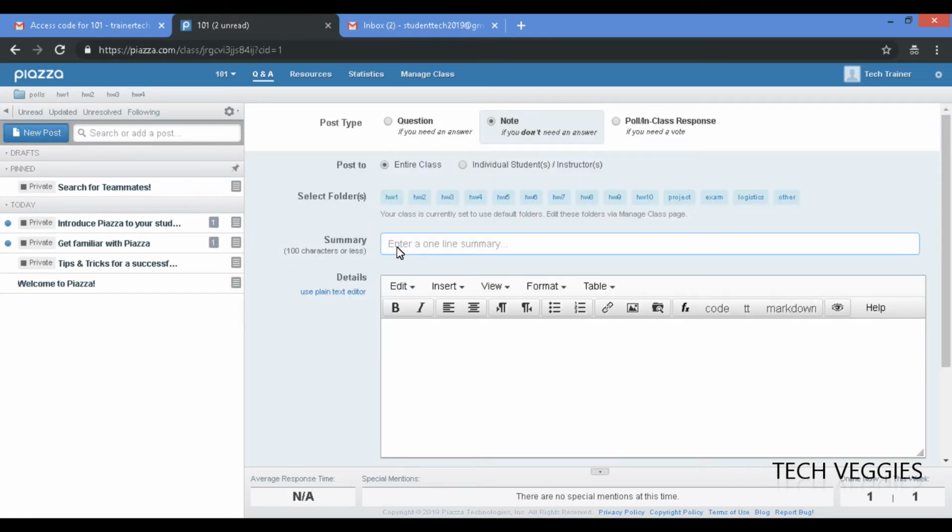And you have the option here of whether it's a note, whether it's a question, etc. that you need to answer. So we could make it a question. And do you want to post to the entire class, individual students, etc.? You have different folders you can attach that to. It says your class is currently set to use the default folders, but you can edit that if you so desire. All right, so this could be, okay, discussion